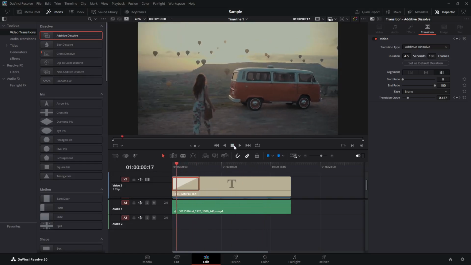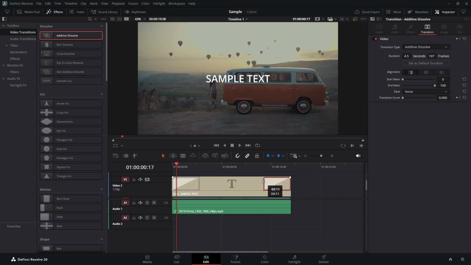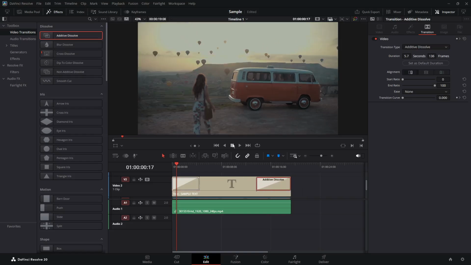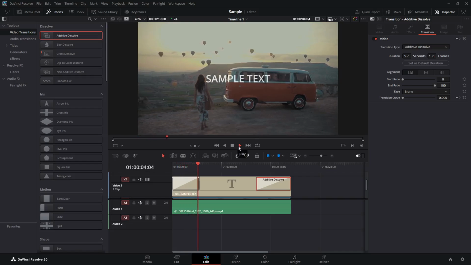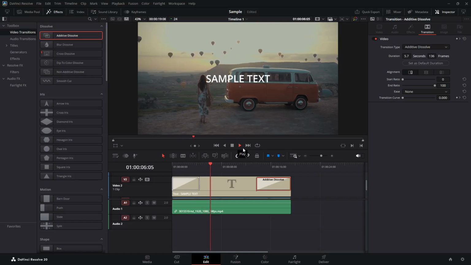To create the fade-out effect, drag another instance of Additive Dissolve, but this time place it at the end of your text clip. Just like before, you can click on this transition and adjust its duration by dragging to make the fade-out happen at the speed you prefer. Now go ahead and play the clip back to see your work in action. You should see your text fade in smoothly at the start and fade out gently at the end, creating a